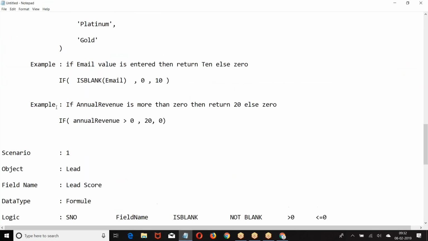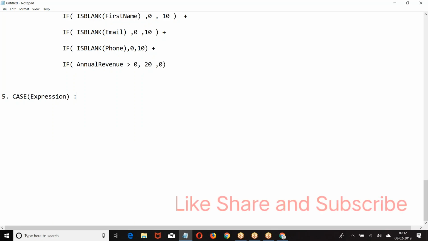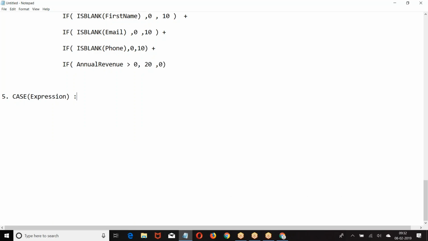The next functionality is case. Now, when do you go for if? If is what? Yes or no. Now case is when you have more than two choices. When you go for if, the possibilities are yes or no. If true, do this. False, do this. But when there are more than two possibilities,